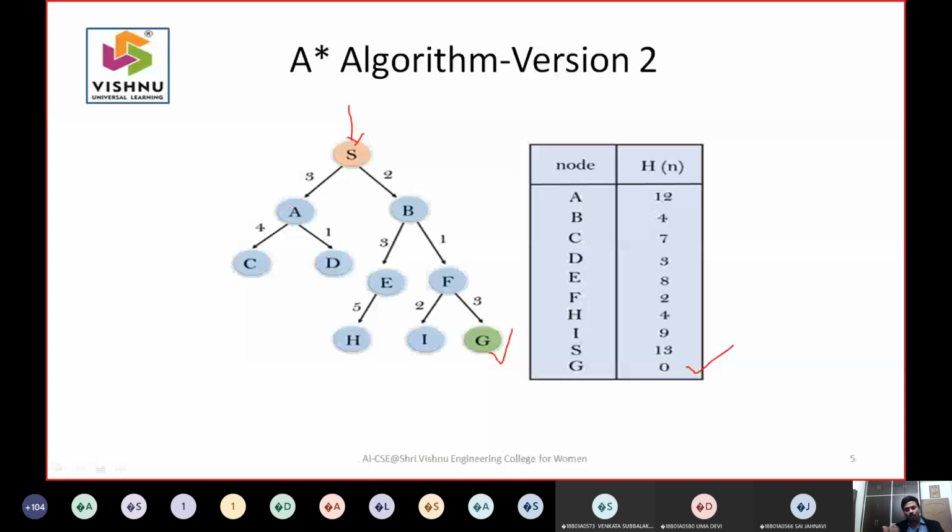Every time you think about some path, you need to not only think about the cost that was incurred. If I wish to go to this g, I can have a path s, b, f, g. The cost that I can say by seeing here is 6, but we are bothered about the cost in terms of least cost. Apart from that, when you try to print, we are not only thinking about open and closed. If you wish to print, you also need to identify the parents. So the parents have to be stored somewhere, and once your parents are stored, only then are we going to print the path.